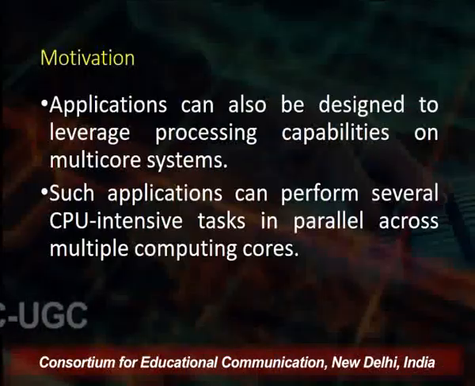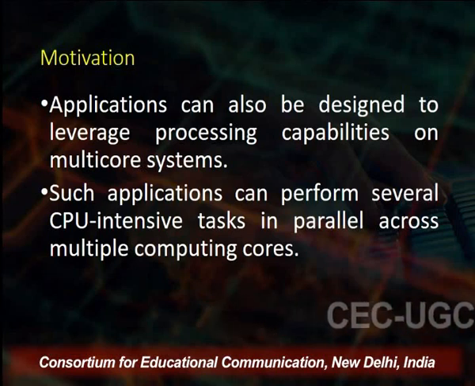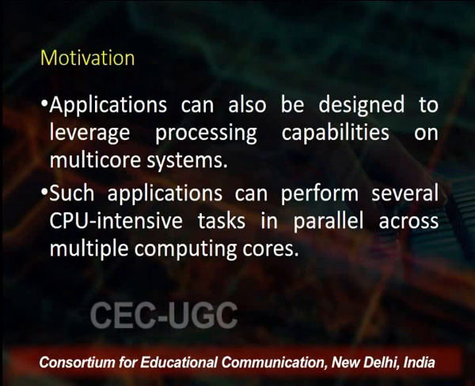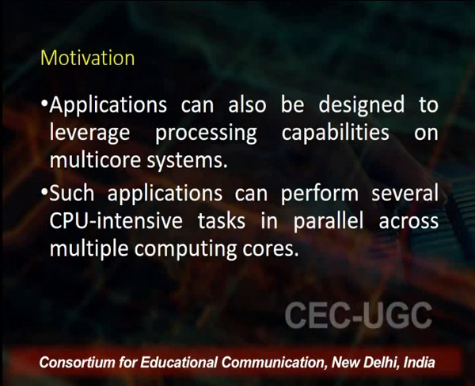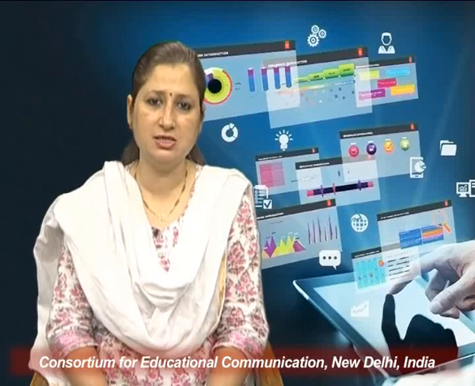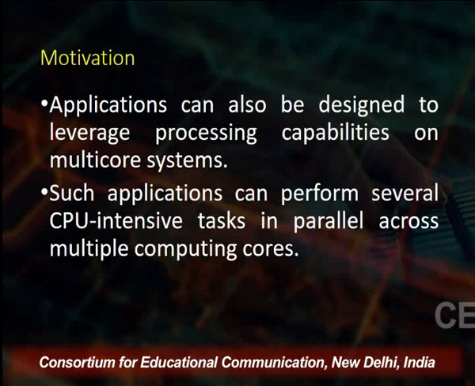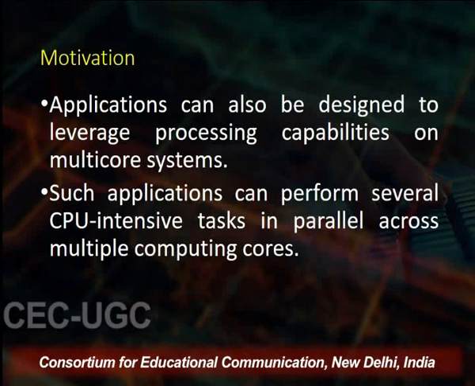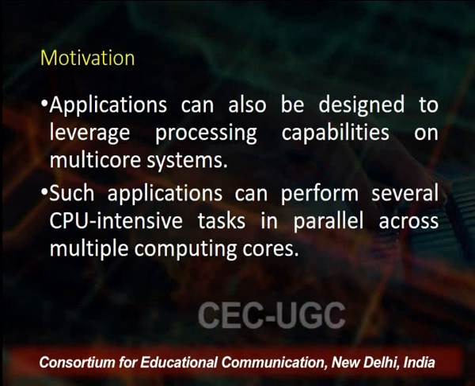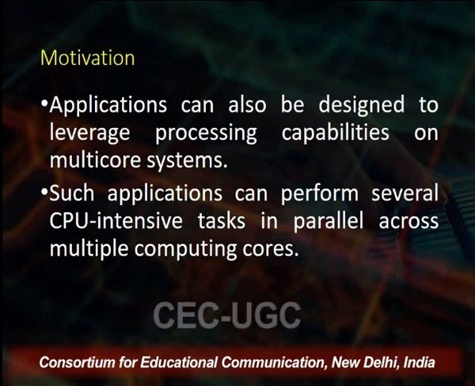Then applications, besides, they are designed this way. Why are they designed this way? Because the systems are now becoming multi-core systems. We will be talking about what a multi-core system is. So we have the processing capabilities, the CPUs are very advanced, and in order to leverage this kind of capability we need to have applications, and these applications can perform several CPU intensive tasks in parallel across multiple computing cores. So now the performance problem of the CPU is being overcome by using these multiple computing cores and using